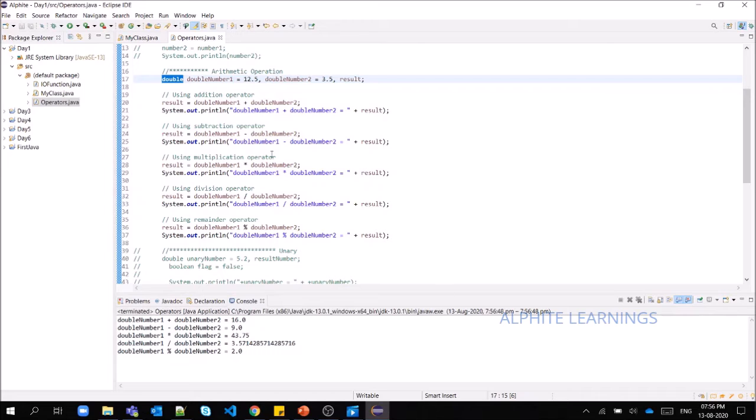So this is what we get: 12.5 plus 3.5, the addition result, and next the subtraction, followed by the multiplication. Then we have the division, the quotient of the division, the quotient will be available in the result for the division, and with the modulus we have the remainder value.